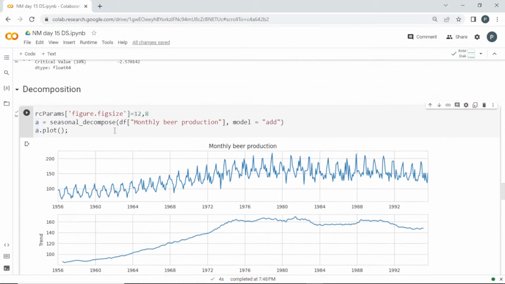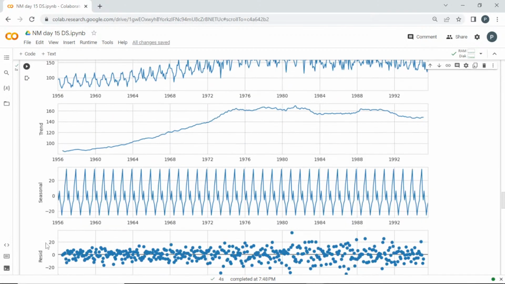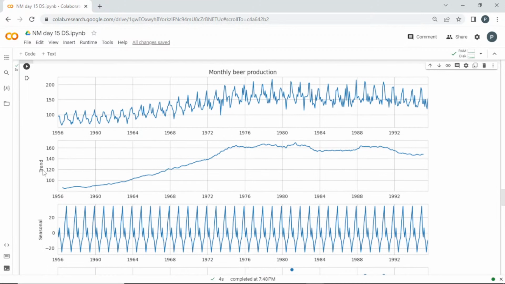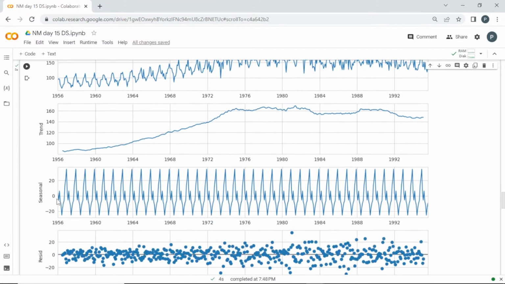How I got this, guys: I just passed my data set to seasonal decompose. It will give me 4 things: my original data, the trend, seasonal, and residual. I just plotted it. This is from Pandas; you can plot a data frame using dot plot simply. And see here, the trend is increasing. What this graph is suggesting is, if you got the seasonal as a flat line, then there is no seasonal trend. But this is a seasonal trend, guys. There is some seasonal trend with this.